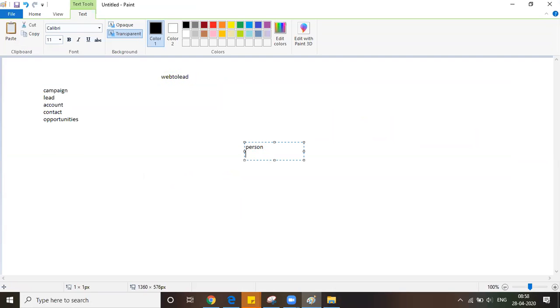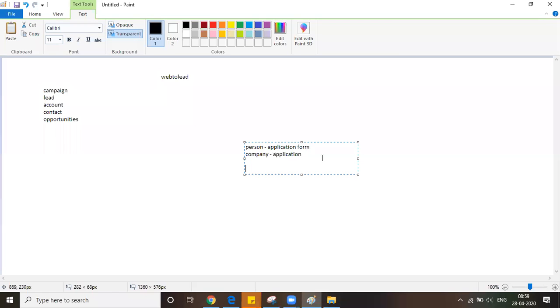A person or a company. A company application form will be different from a single person application form, right? So based on the requester, we'll design two forms, and we'll enable the respective form to the user.